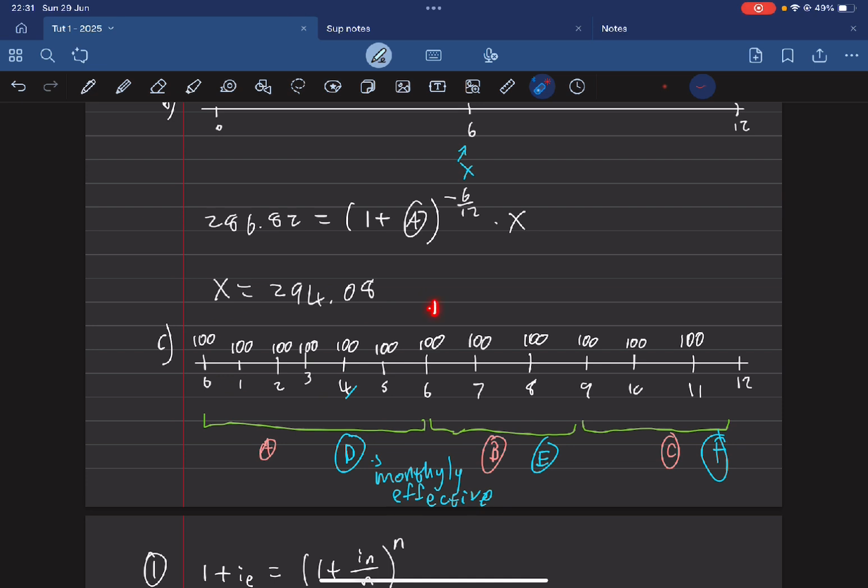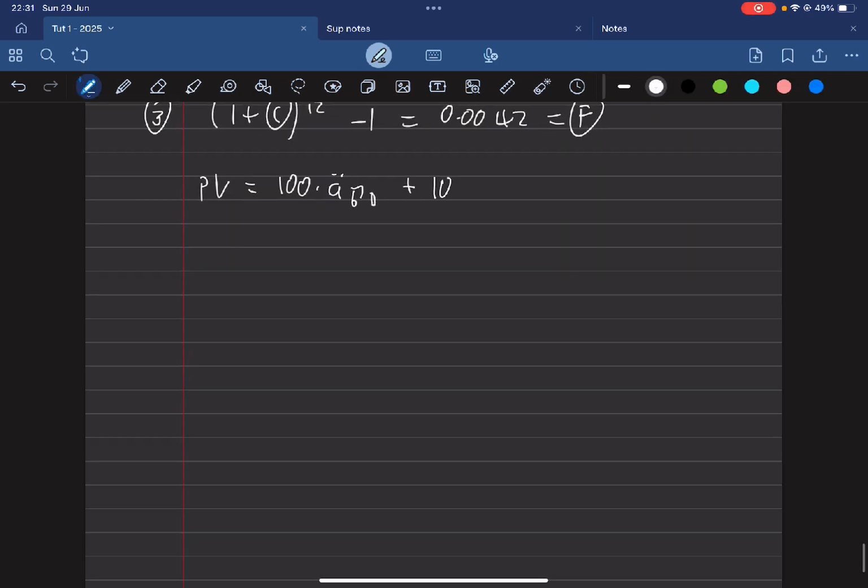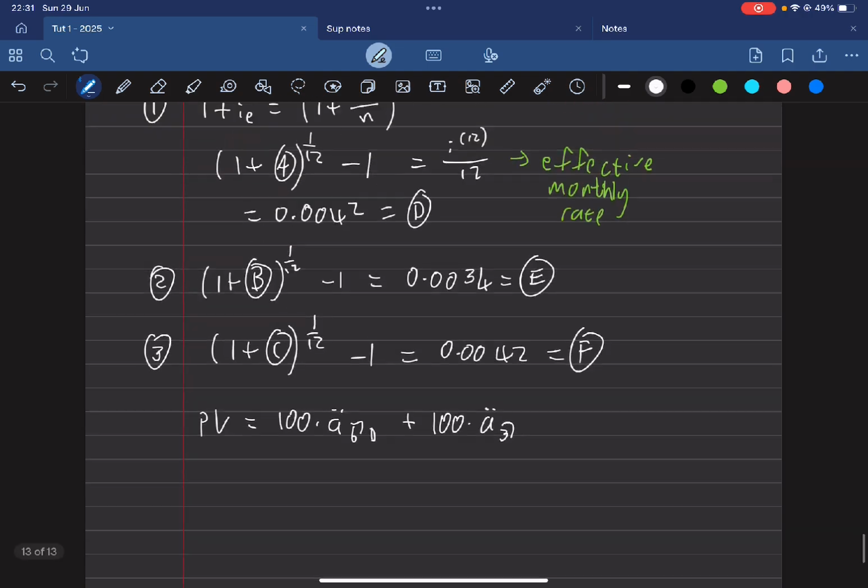So it's going to be 1, 2, 3. And we're going to present value all of these. So we can see these are also going to be an annuity. So if we do a present value for 3 months, it's going to take all those back to this point. And we still need to move those back another 6 months to get them to be the present value. So it's going to be 100 times an annuity in advance for 3 months at an interest rate of